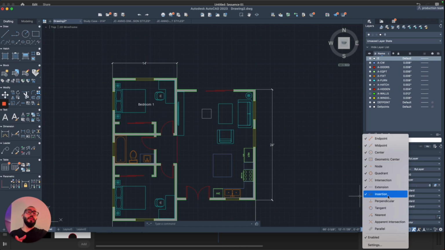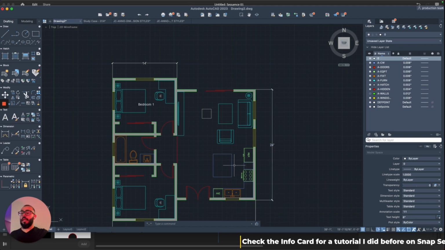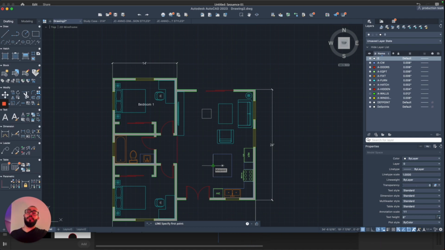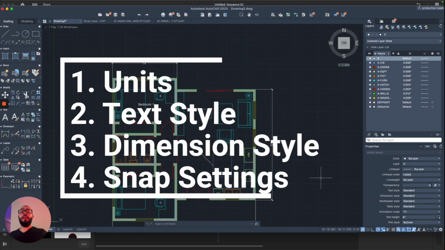Now I'm not going to dive deep into each single one of them, but I already highlighted one. I'll just show you another one where you're able to select from the middle. So if I do align, and I click here in the middle, you see it will show us a triangle representing the middle point of this line. Okay, so those are the 4 settings. To recap, we did the units, we did the text style, we did the dimension style, and we also did